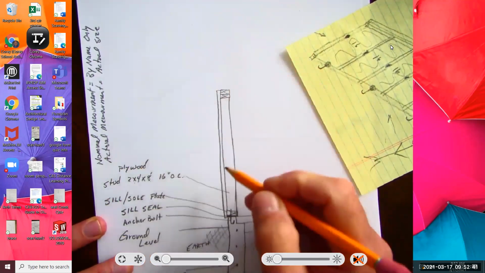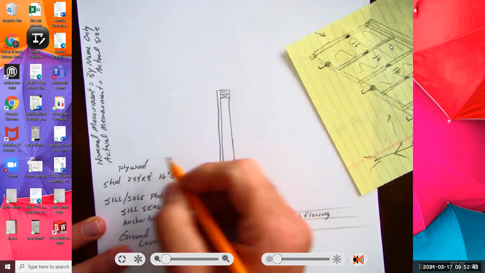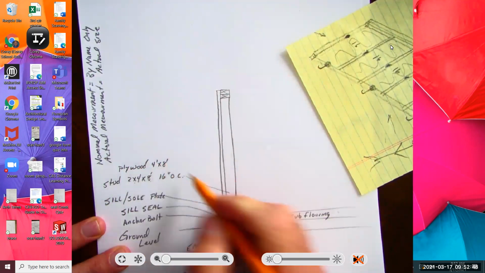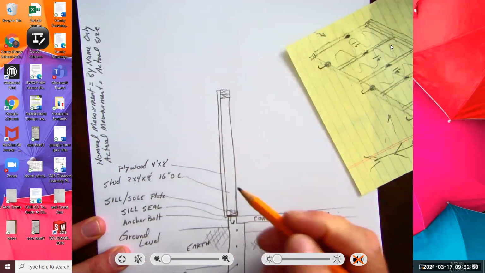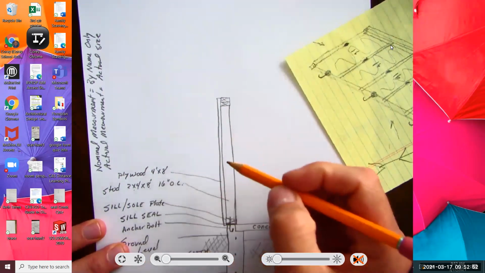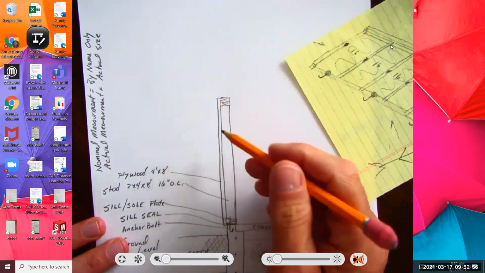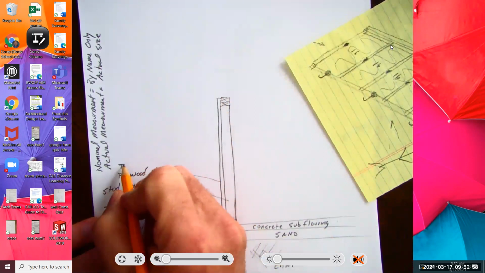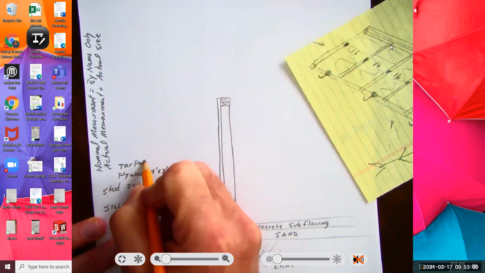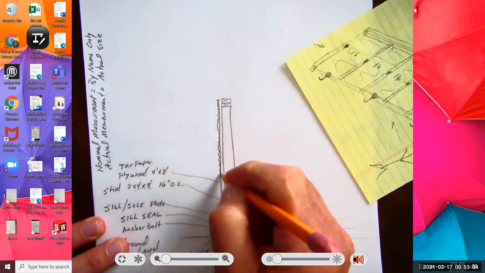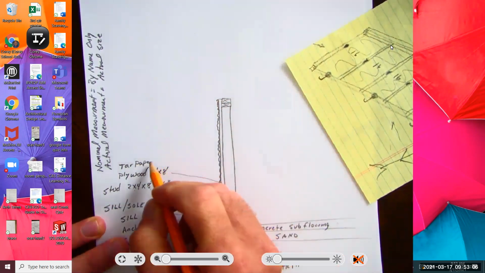All right, that covers up all the studs. And that is a 4-foot by 8-foot sheet. We have to waterproof this now, so we're going to put tar paper on top of the drywall. That tar paper is going to waterproof